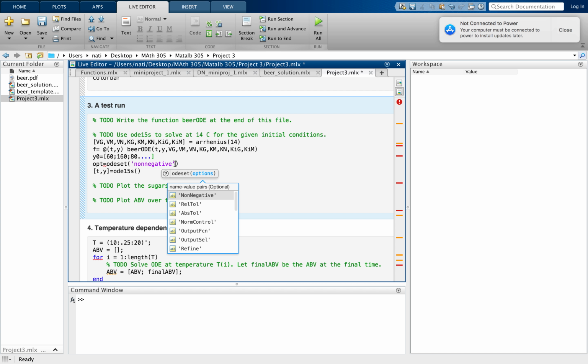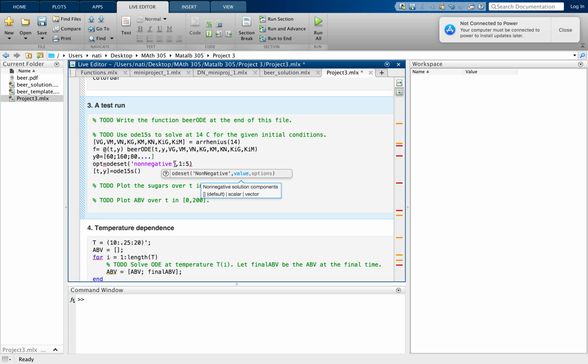Since our solution is actually a matrix, we could decide to apply this constraint only to one or two of the columns, but in our case, we want to apply it to all of the columns. So we want to tell it that none of our solutions are negative. So we're just going to do 1 to 5, which is basically telling Matlab that for that Y matrix, for all of its columns, because our Y only has 5 columns,